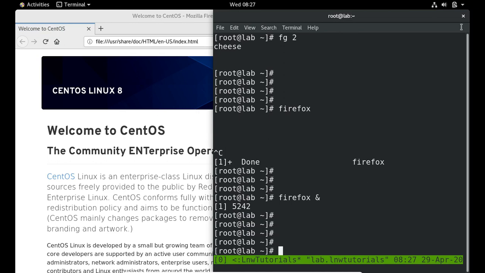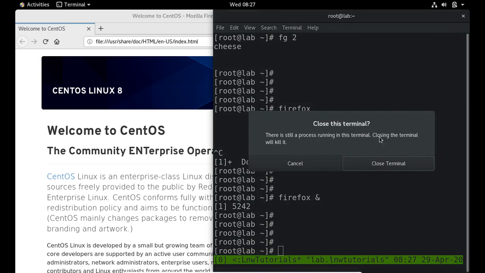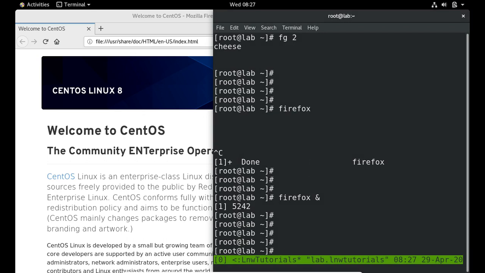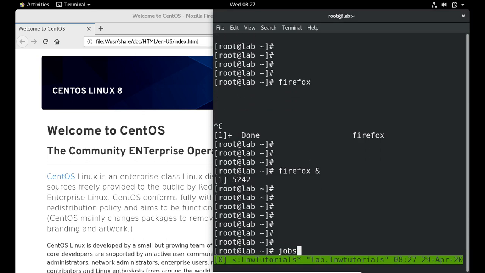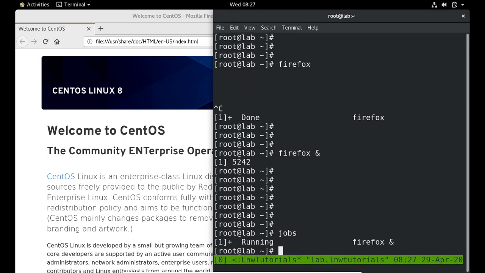I will show you here. I'm just moving here and closing the shell. There is a process running in the terminal. Close. Yes, actually this is attached to this shell. If I close it, it will keep running. Then what should I do?